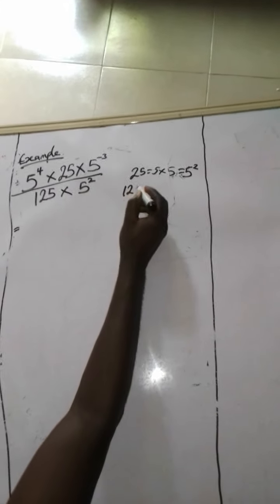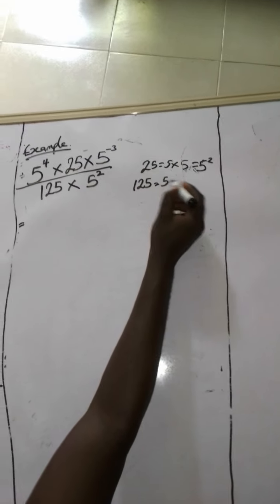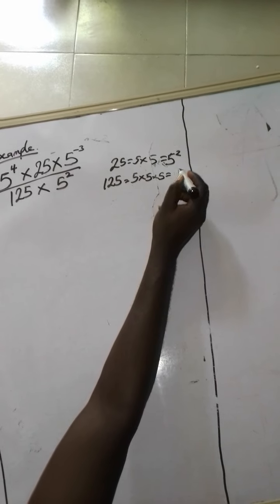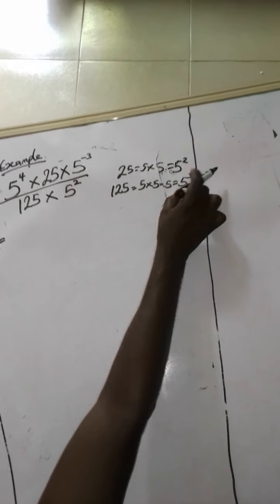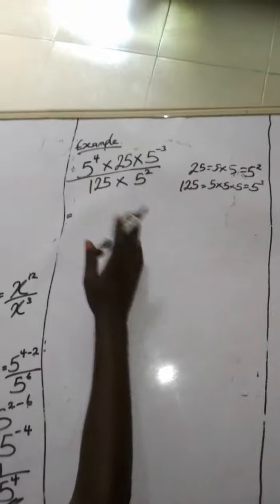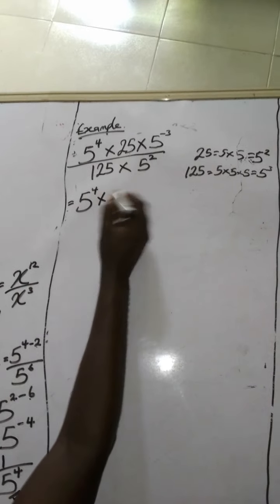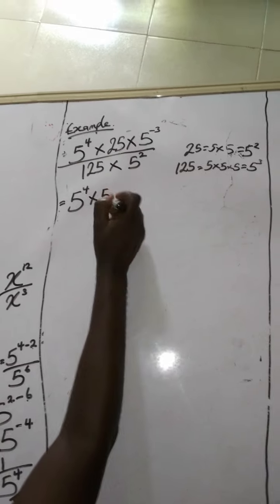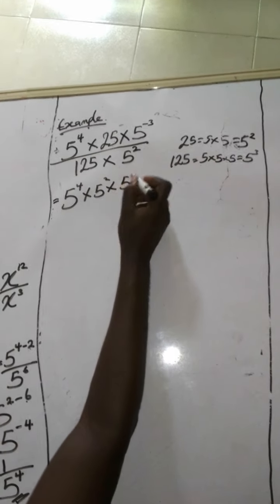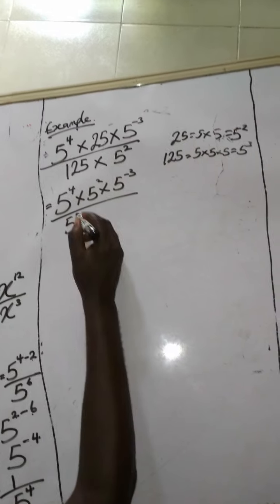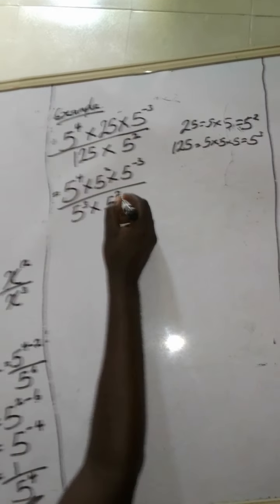And 125 is the same as 5 times 5 times 5, which equals 5 raised to the power 3. So we can integrate this into this, then we can simplify. We have 5 raised to the power 4 multiplied by 25, which is 5 raised to the power 2, multiplied by 5 raised to the power minus 3, all over 125, which is 5 raised to the power 3, times 5 raised to the power of 2,